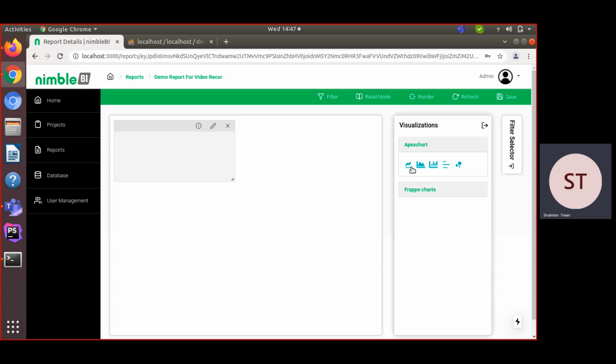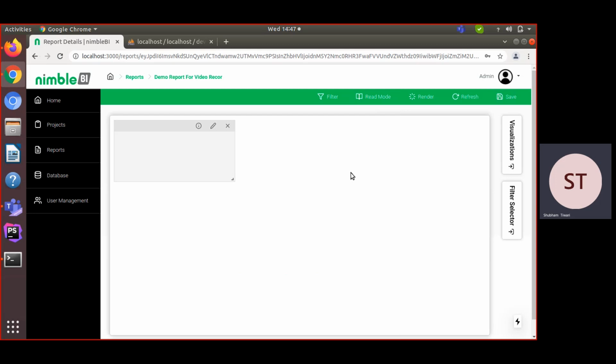When I click on line chart, it creates a grid, and in the grid we have 3 buttons: first is remove, second is query, and third is property. I already discussed the remove, query, and property buttons in the previous demo.